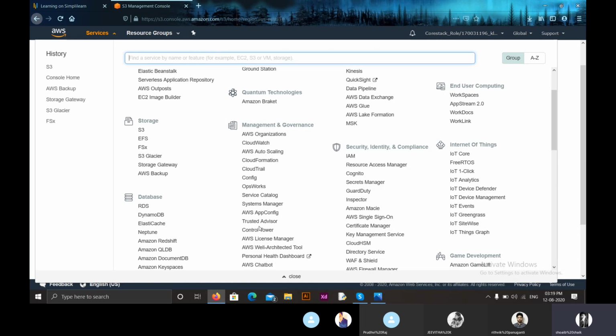We also have charges on data transfer. We have different charges, like if you want to transfer data out to the internet, then the charge is different, or if you want to transfer data between the regions, that is, the data centers where our data is present. If you want to transfer data between these regions, then the charge will be different. So this was all about S3 costs and security and encryption.